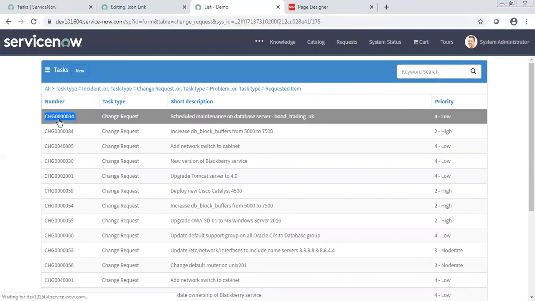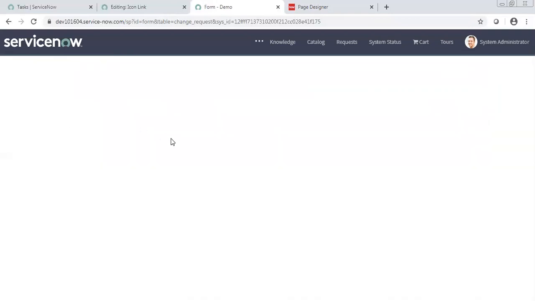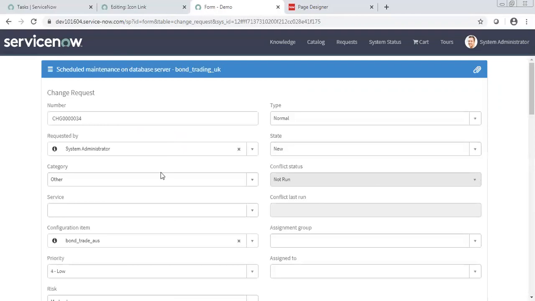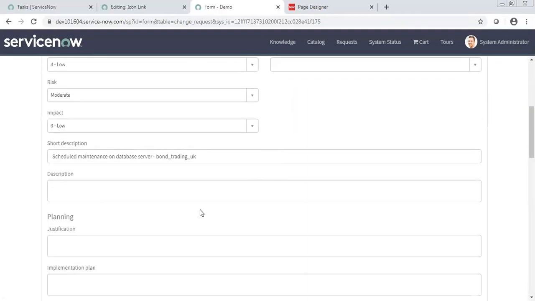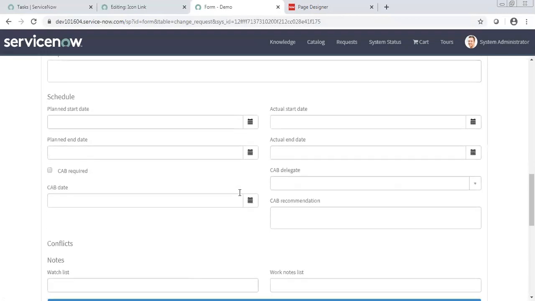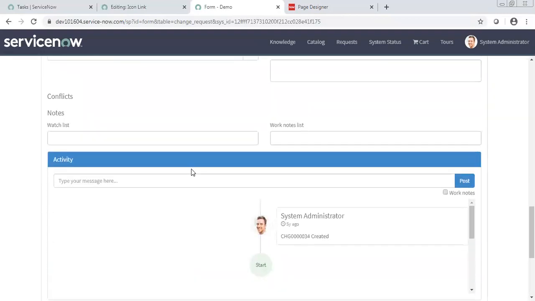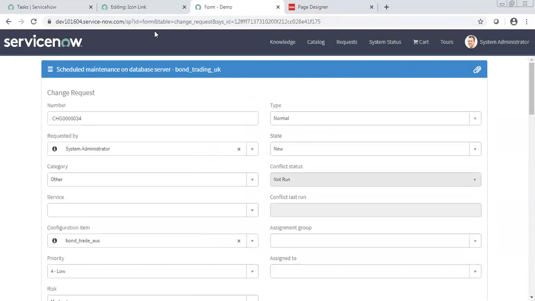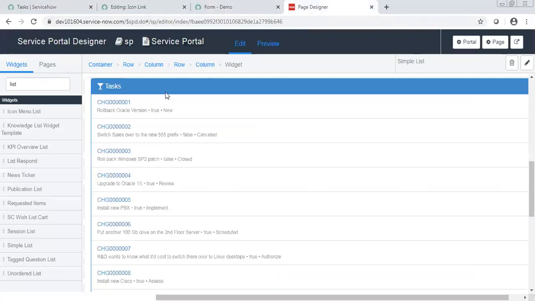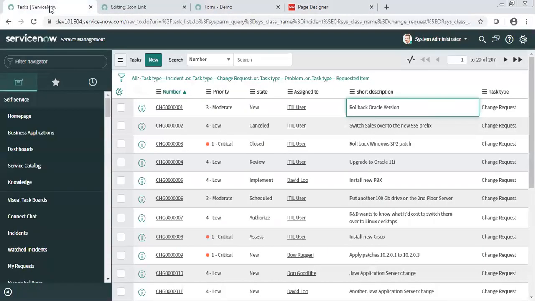Now if you click on one record, as we selected, it should navigate to the form of that record. That's why it is coming to the form. Now the user can fill other details and save it, or change whatever details he wants. So this is basically the reusability of widgets.